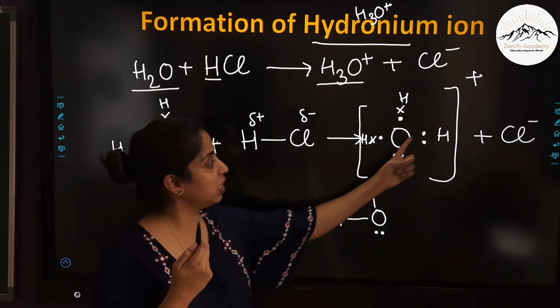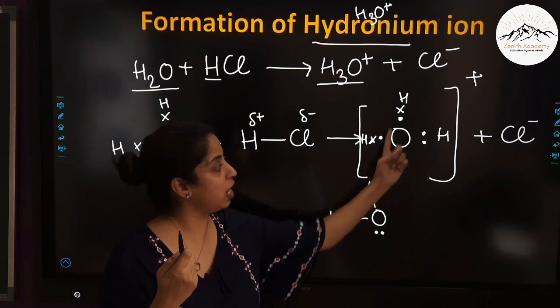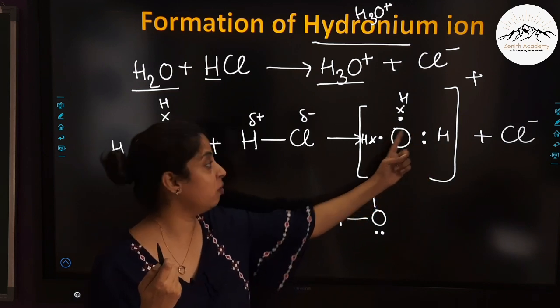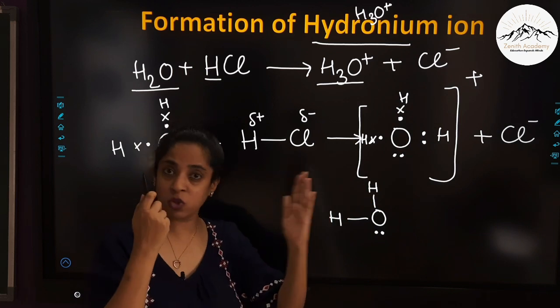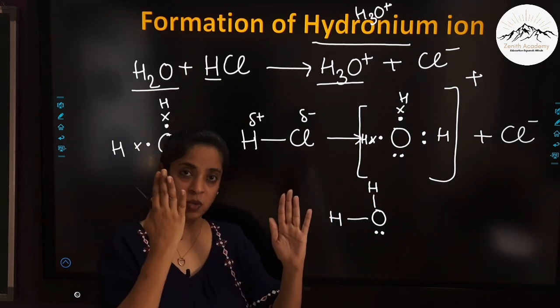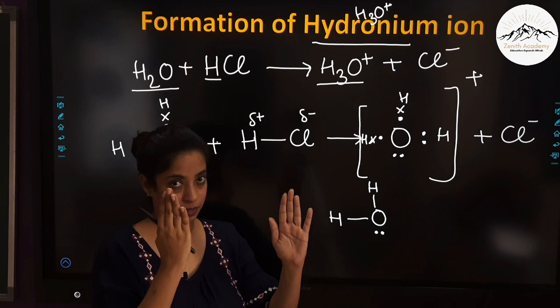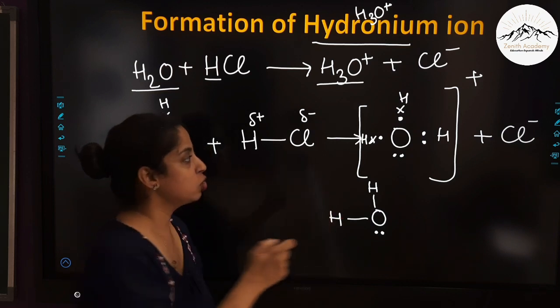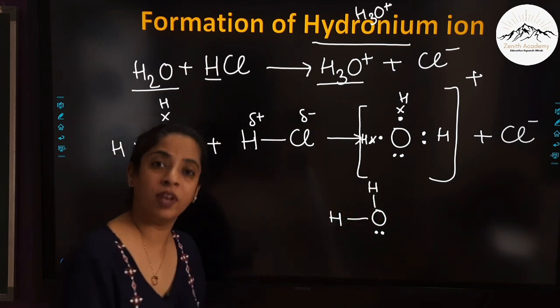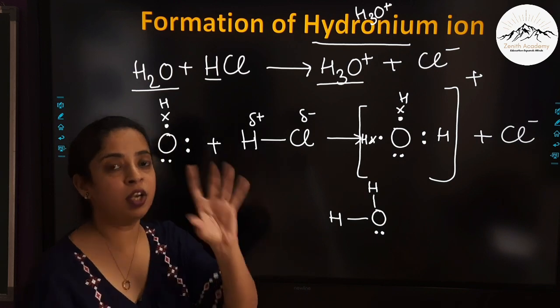So here you can see that this knowledge was shared only by oxygen. He was the only one who was giving. This person was not contributing anything. This was the person who gave the knowledge to him, but they shared the knowledge. So there is sharing, meaning there is a covalent bond, but there is only one donor atom.